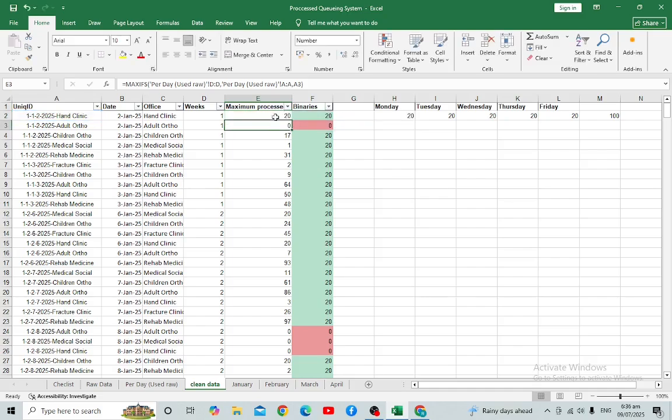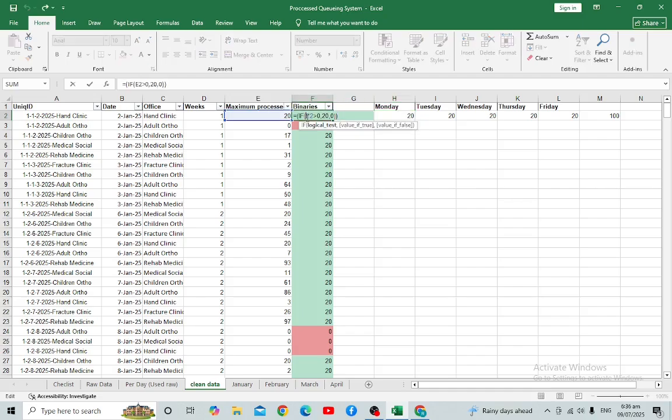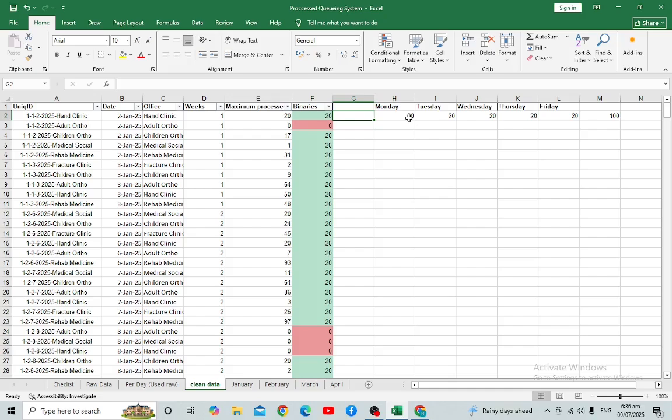After getting the maximum value of the double entries per unique ID, I will determine what percentage it contributes to the whole week. We have 5 business days, so 100% divided by 5 is 20.